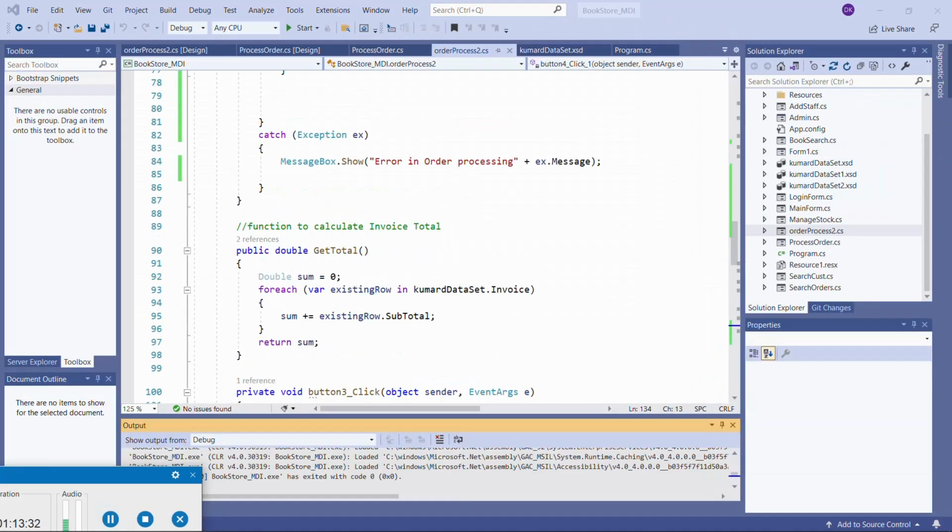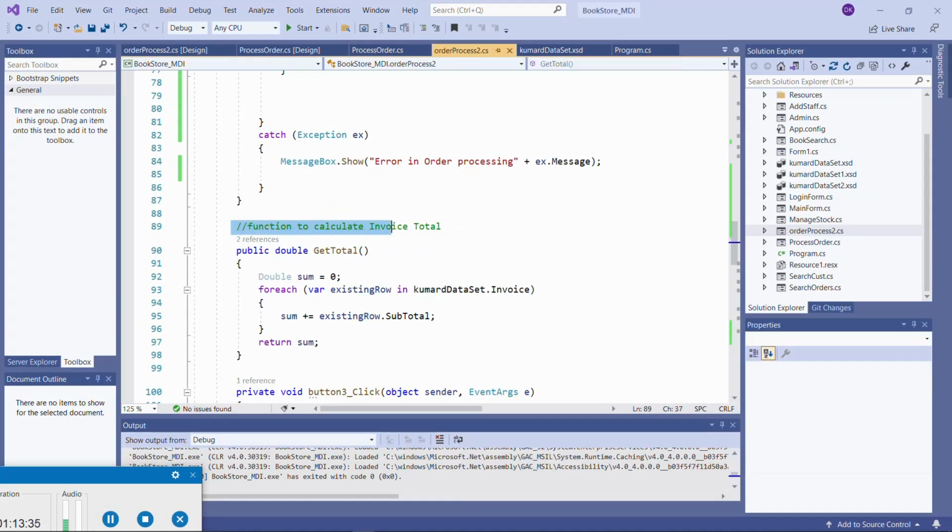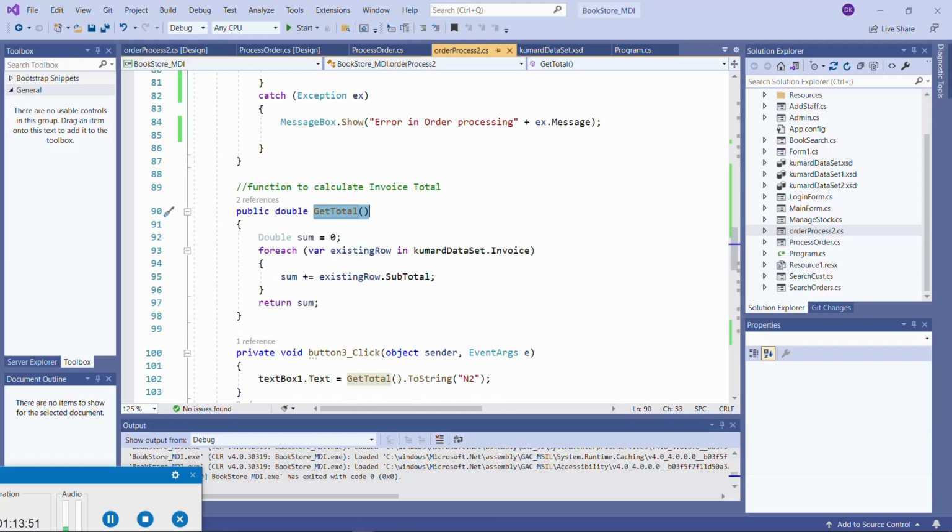So this is the code. This is the coding of the function calculate invoice total. So what do we have? We have public, that is the access modifier here. Double, it should return a double, a total of invoice value. Get total is the name of the function, and of course we have a double type variable that is initialized to 0 initially. So we create a double sum is equal to 0. After that,